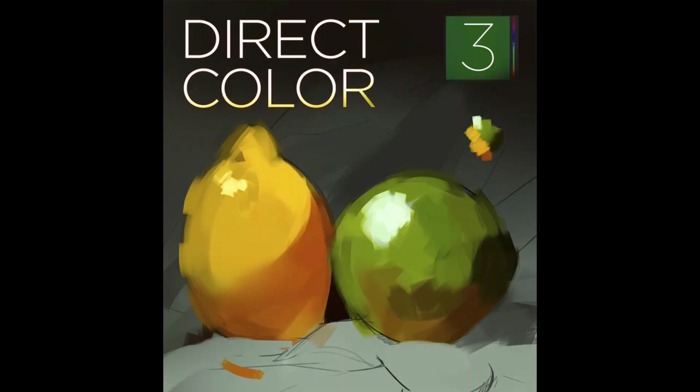So part 3 is called Direct Color, and it shows you how to take a simple reference image and create a blocky, unrefined color study based on that reference image. The course itself comes with a pack of 50 reference images that you can use. This subject matter isn't terribly interesting or aesthetically exciting. It's a lot of household objects set against simple backdrops, mostly of draped cloth.